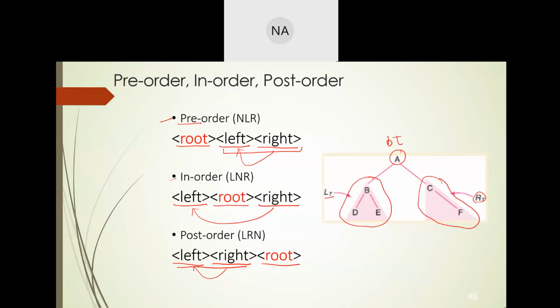Okay, so that's why they are also called NLR. That is, the pre-order is called NLR. N is for the node, L is for the left subtree, and R is for the right subtree. So node means here the root node. The root node is visited first, then the left subtree and the right subtree. Similarly, in-order is also called LNR. That is, the left subtree is visited first, then the root node N, and then the right subtree is visited. And the post-order is also called LRN. That is, the left subtree is visited first, then the right subtree, and then the root node is visited